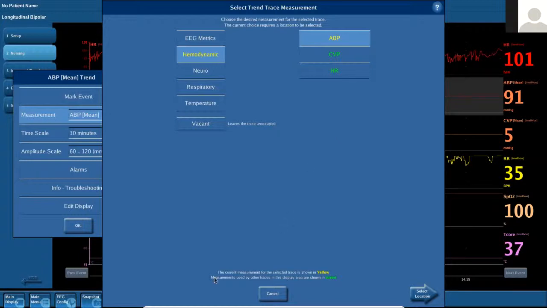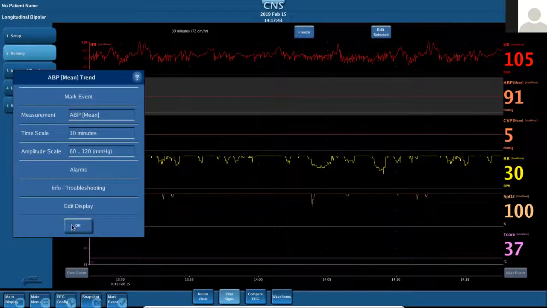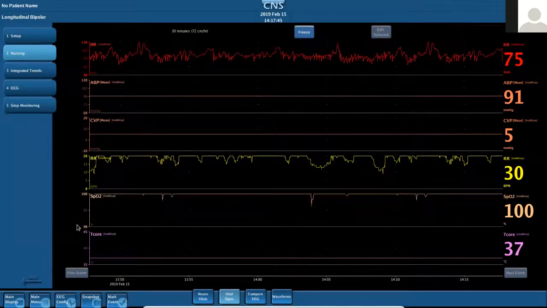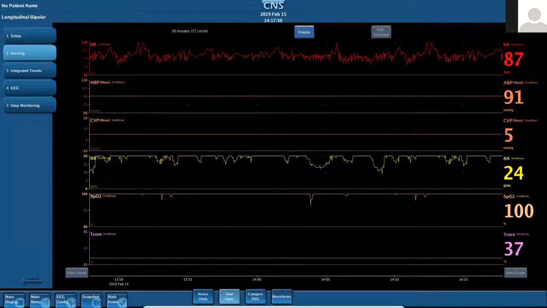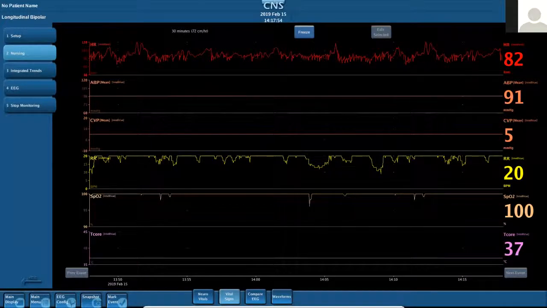And the reason I don't have it is because that parameter or that measurement has not been enabled. So if you can't find something, it's very possible that that measurement was just never selected from the beginning. So to find and add different measurements that we want, we're going to go to the main menu button down